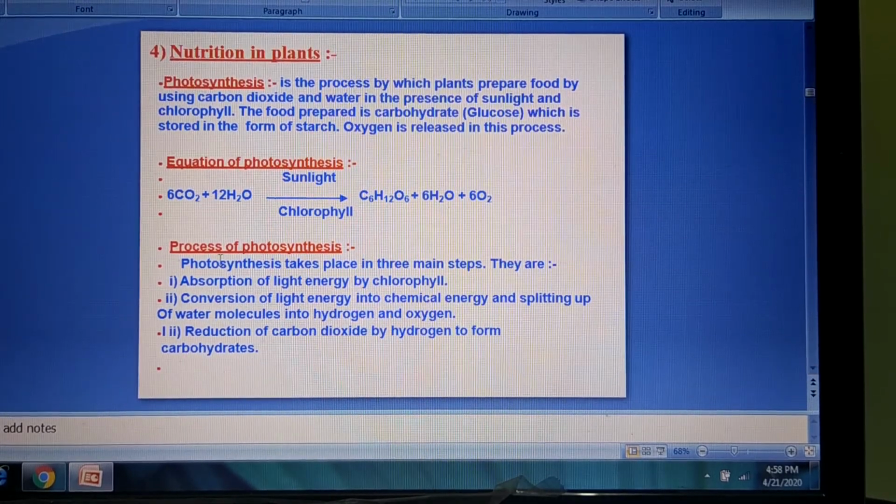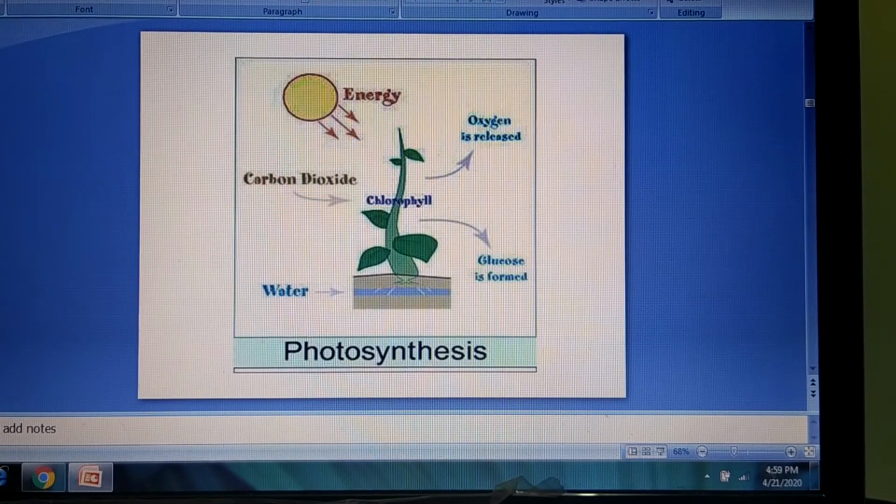In these plants we can see how the process is happening. We can see here a green plant with chlorophyll, absorbing sunlight. After absorbing sunlight, ATP is formed in the plant, and the plant is also able to take in carbon dioxide and absorb water with the help of roots from the soil. What is formed finally? Glucose is formed and oxygen is released. So this is a simple diagram with which they try to explain the process.